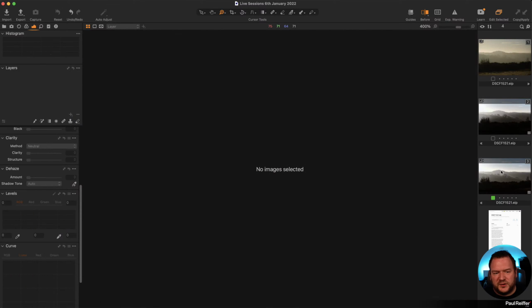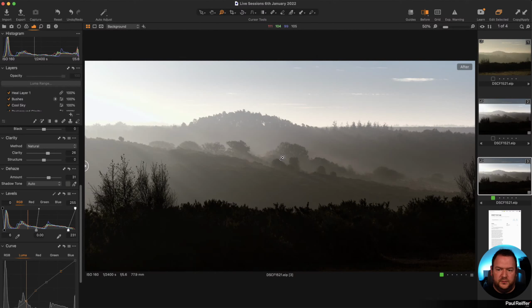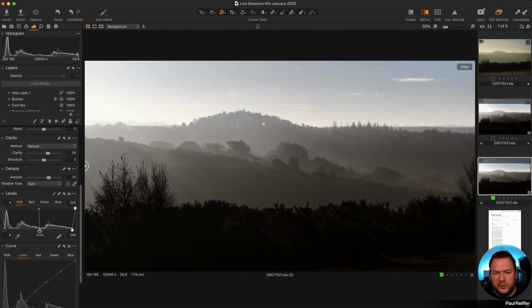So just be really careful if you're using levels and curves, because you get a sort of double whammy. We're already using levels here to brighten things up and darken down the shadows, brighten up the highlights. You could use it to move your midpoint, so we can brighten up that midsection, or if we wanted it darker, we can just shift everything in the histogram a bit to the left by moving this pendulum in the middle a bit to the right, and we get a cleaner image.